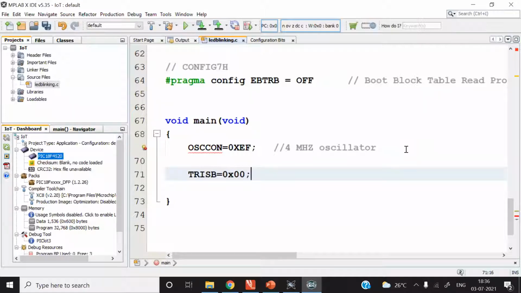So all 8 pins of port B will become output with this instruction. You can write a comment: port B is a digital output port.